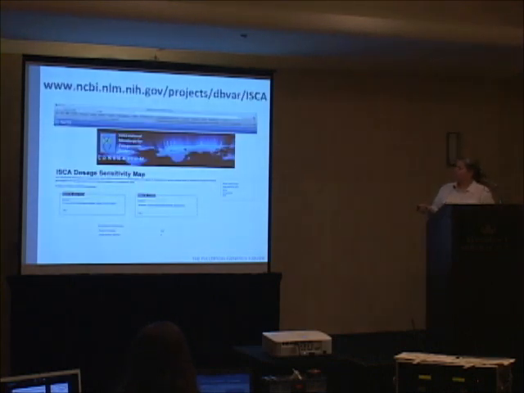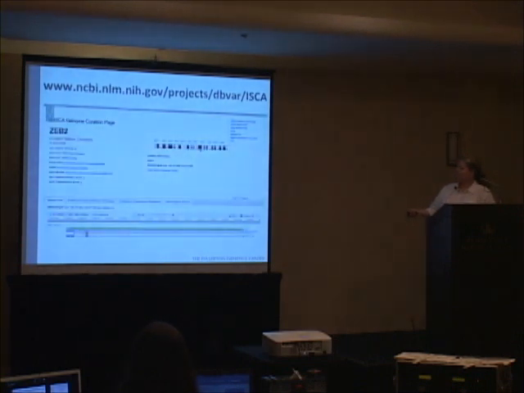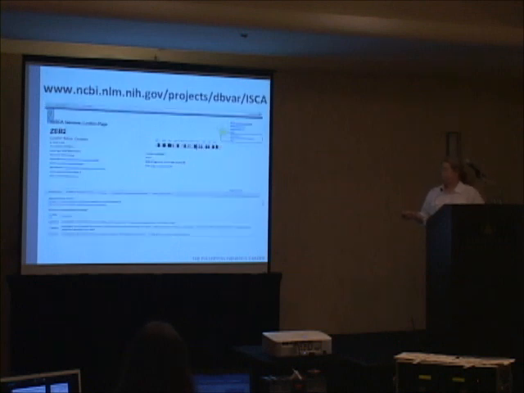So the work that we've done, and we've done over 500 genes at this point, we've started with the most obvious ones, can be found at this site hosted through the NCBI. And if you search any gene, you can come up with a gene page with many, many links to the different resources available, but the most important links are the evidence that we've collected for haploinsufficiency and the evidence for triplosensitivity. And in addition to giving it a ranking based on the paper, the scores that are outlined, we also provide full transparent evidence of how that ranking was designed, so you can check us to make sure that you agree. Check the primary resources that were used.